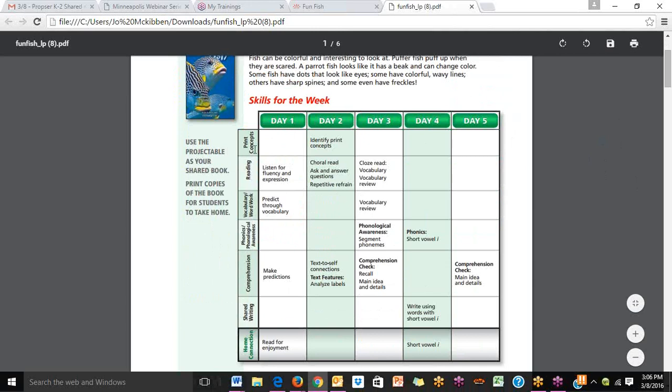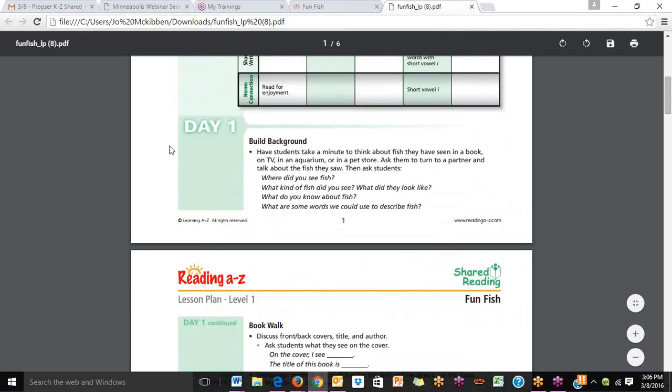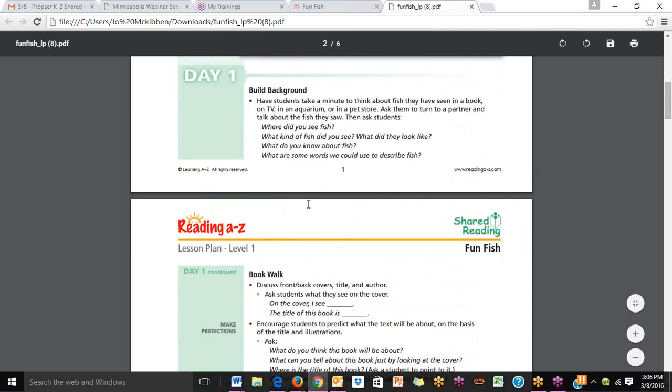So each of those days, you're going to be shown on the skill what you will be doing on each day of the week. And then as you move down in this lesson plan, it gives you each day a complete set of